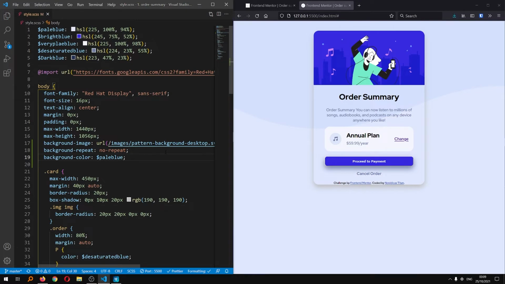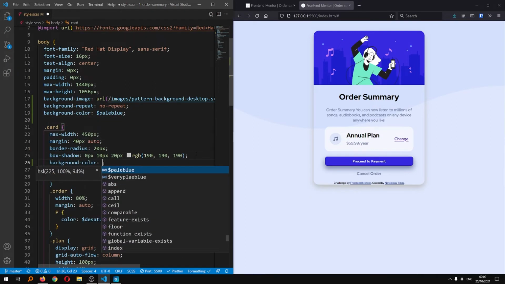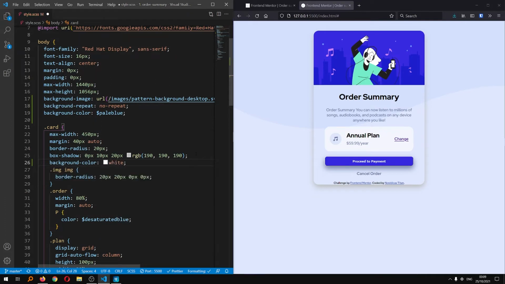All right, that does something. But the whole card needs to be white. So we're going to give the card a background as well. Background color white. Save it. Okay. So that now gives us a card, and the background is indeed behind the card. The reason why it wasn't behind before is the background was transparent. If I remove this line here, then this whole section here is just transparent material. And so that's why we can see the background colors and images. So if we give this a color, it's no longer transparent, and this is what it ends up looking like,